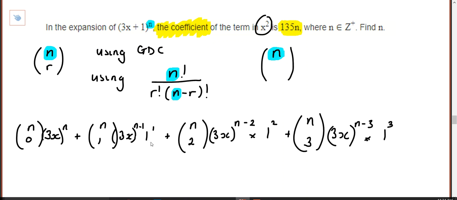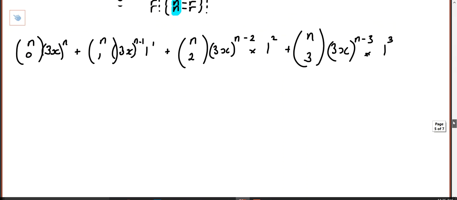Right, now, maybe we've got a better way of thinking about it if we think of it from the other direction. Because this isn't helping us, is it? I've got 3x to the power of n minus 3, but I don't know it. Do you remember the symmetry of these expansions? What about if I started at the other end? So instead of going that way, if I start the other end,